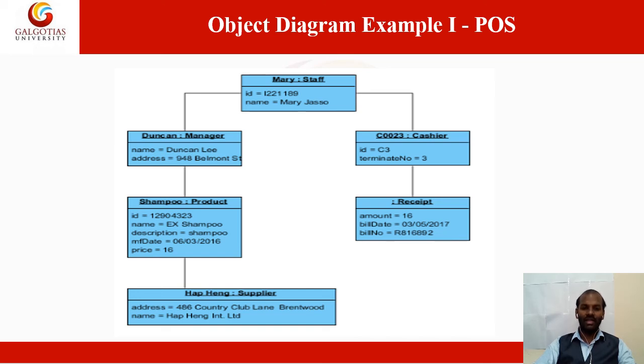So now we are very clear about the different object names and what attributes each object must have. Now coming to how to communicate between all your class diagrams. Here they use the association line, because in a point of sale, from the entry to the exit, at each and every place there should be strong communication. Whenever we go to any supermarket or mall, from the entry till the exit gate you have strong communication. The person may be there, or a supplier, or some manager, or some cashier will be there, right?